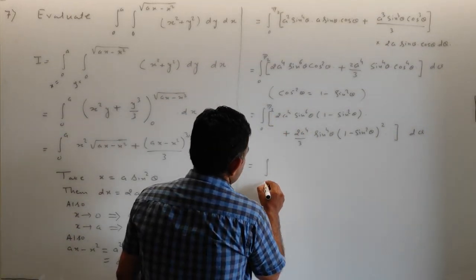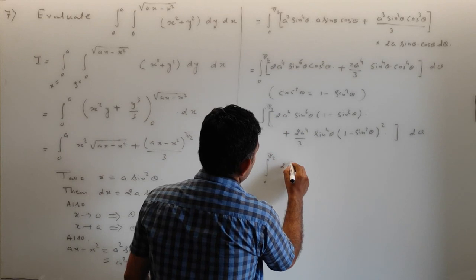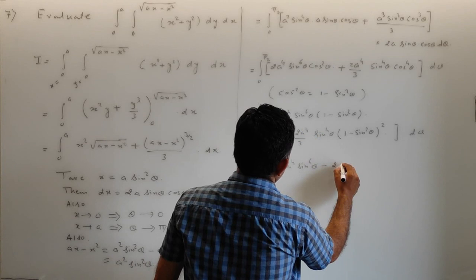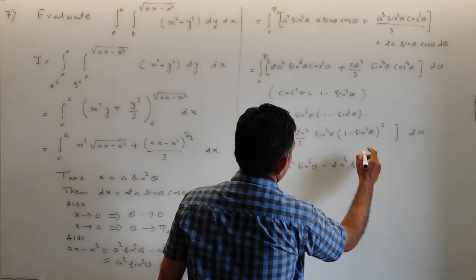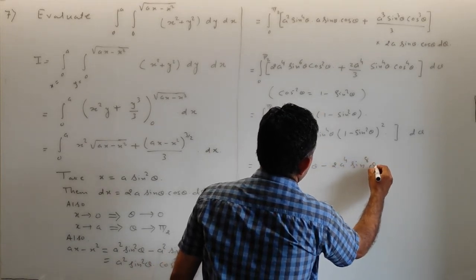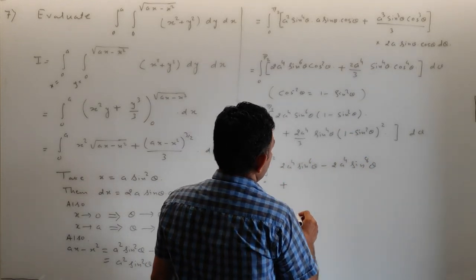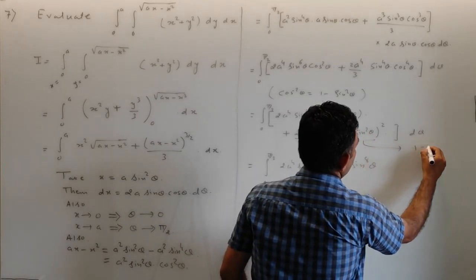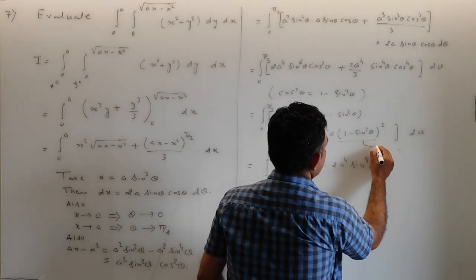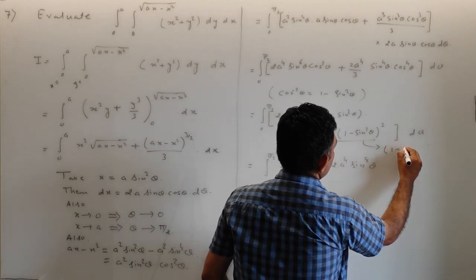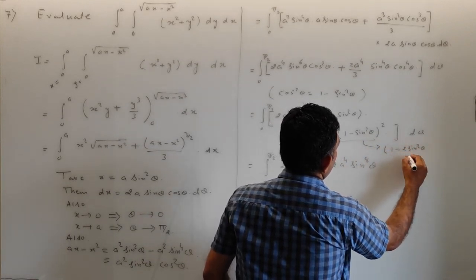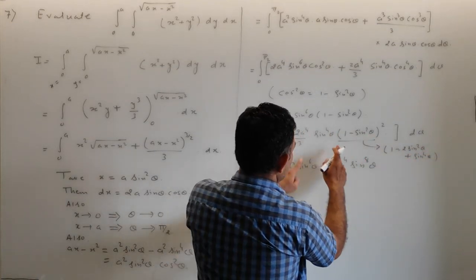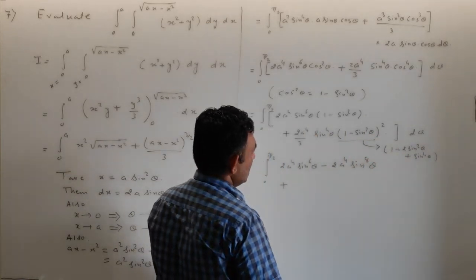So now it is integral from 0 to pi by 2, 2a raised to 4 sine raised to 6 theta, you just multiply, minus 2a raised to 4 sine raised to 6 plus 2, that is 8 theta, plus, see now 1 minus sine square theta whole square will be 1 minus 2 sine square theta plus sine raised to 4 theta, a minus b whole square. So I have this expansion, so you just multiply this term with these 3 terms, so I get 3 terms